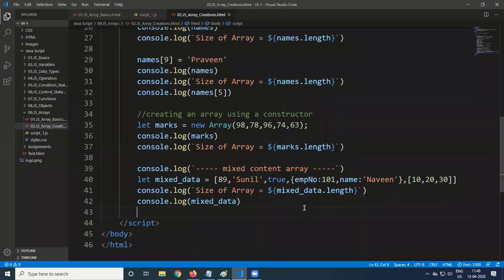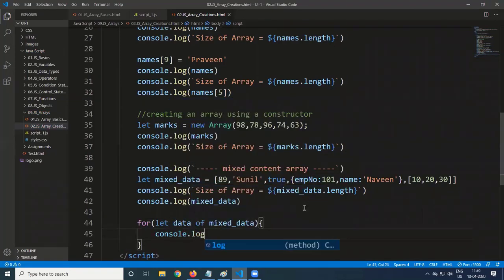Now what type is it? For that, for let data of mixed_data. What data is available, and we want to display the type also.